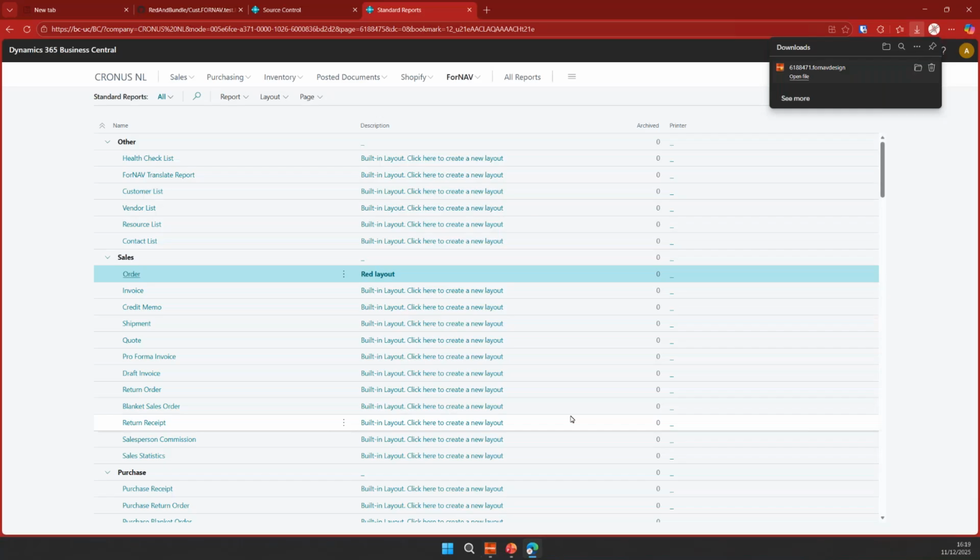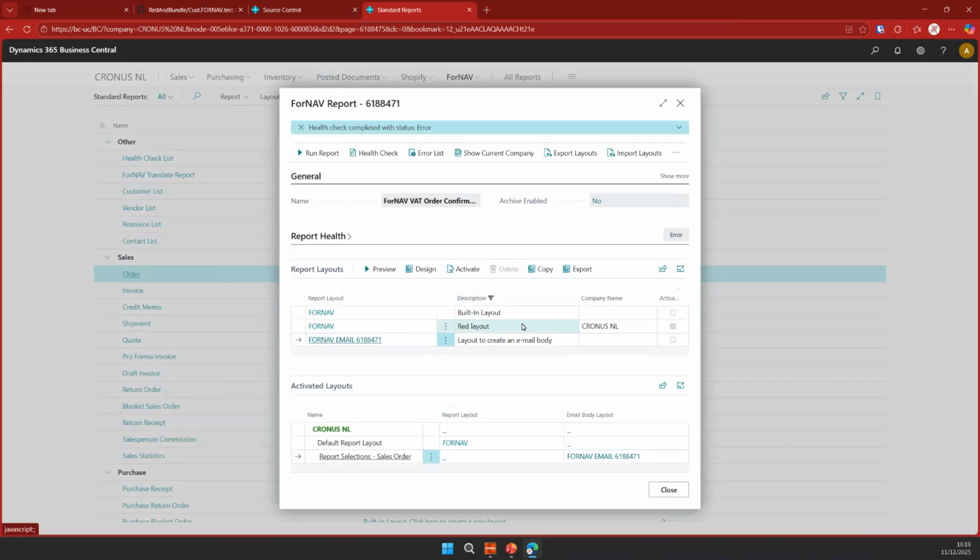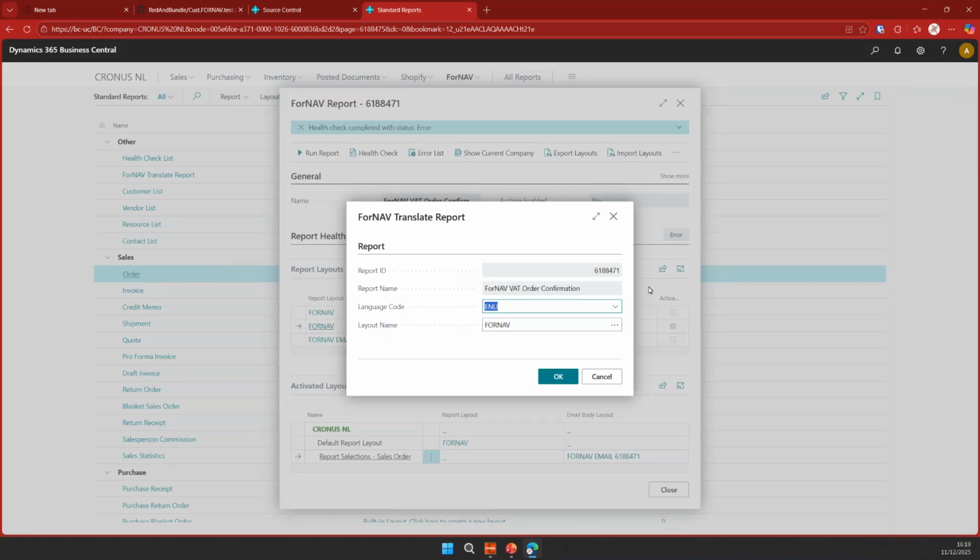Let's save this stuff. Now my layout is blue. Something else they wanted me to do is to change the number and the beschrijving fields. Those are actually fields in the FORNAV translations. And we've added a feature in 8.1, in the big list of stuff that we built. It didn't really make the cut to talk about in detail, but we have a translate report button now on the report card,